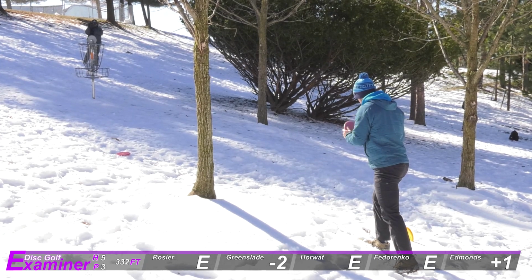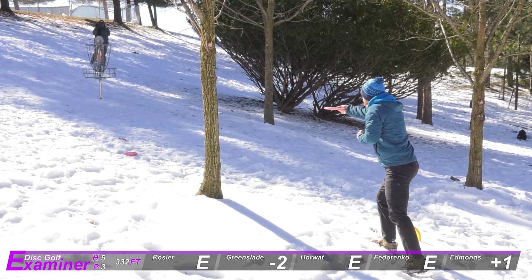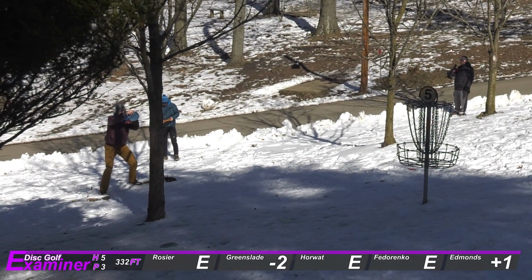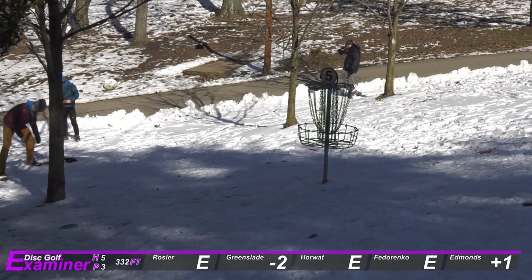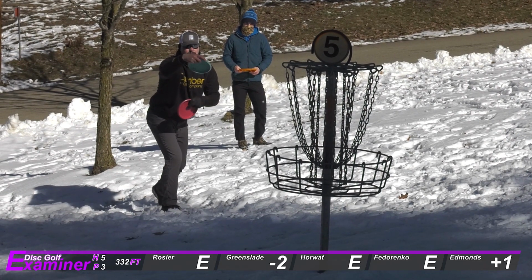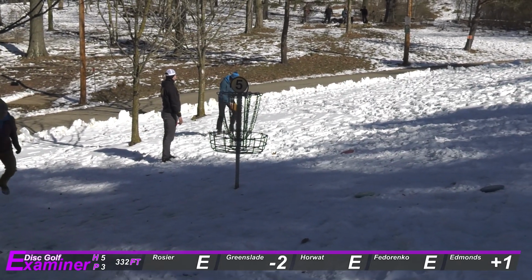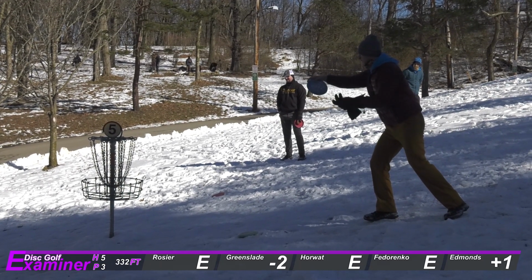Let's see if Tom can grab his par here. You've got to keep in mind, these people don't have their footing. Oh, and just a little high there. Oh, no. Mark's right side. And Andrew, for your par. Oh. That was another, it's been sticking in my head since I missed